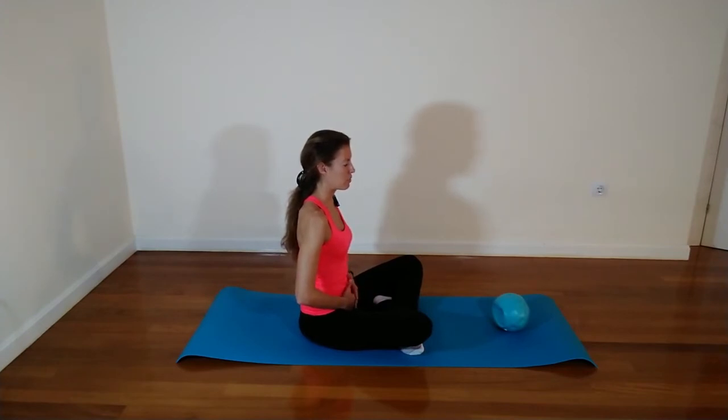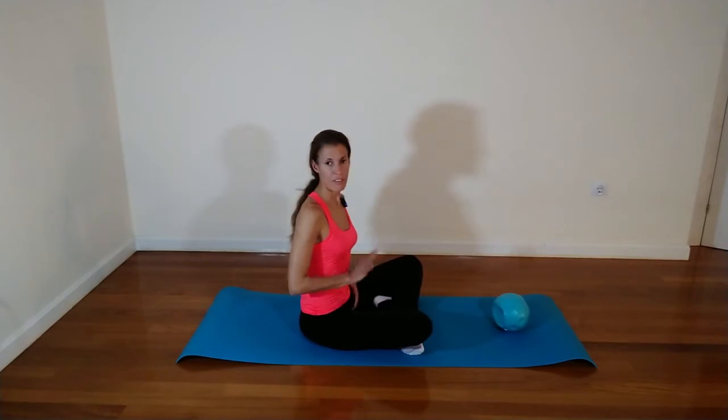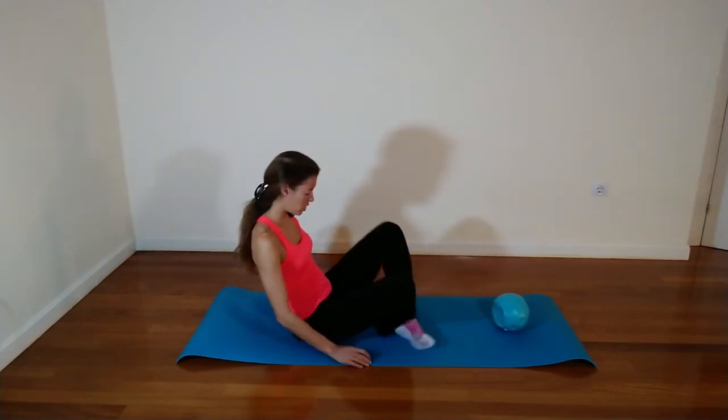Exhale. Draw your tummy in. Engage from back passage to front passage. Hack the baby and hold for 5, 4, 3, 2, 1, and release. Great, so we're going to try to keep working with that 5-second hold squeeze, but we're going to change our